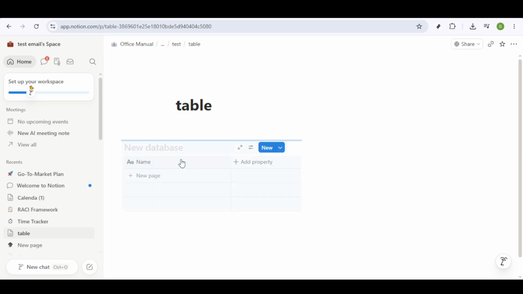As you do this, keep an eye out for the visual indicators that Notion provides. A horizontal line will appear to show you exactly where the block will land if you release it at that moment. These visual guides are incredibly useful for accurately placing your blocks, ensuring your page remains organized and easy to navigate. Once you have reached the desired spot for your block, go ahead and release your mouse or trackpad to drop it into place. The block should now be neatly situated in its new location, and you can continue arranging